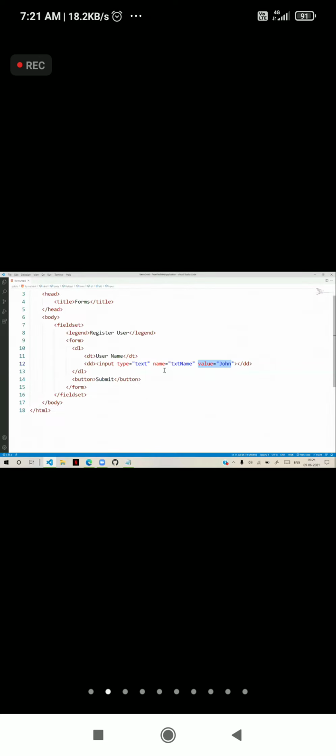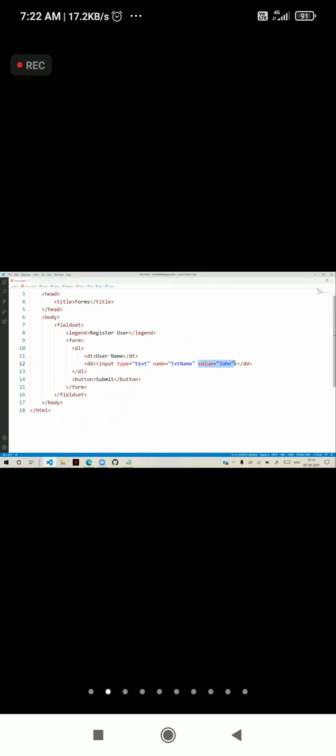Next important, for input you have an option called placeholder. Placeholder will be displayed only if there is no value.